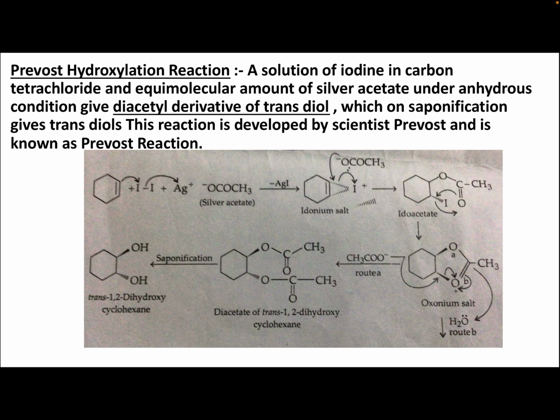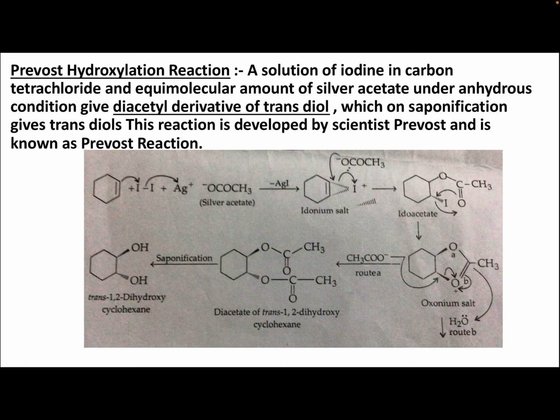Here you are seeing cyclohexene is there. So the double bond is there, cyclohexene plus iodine, I bond I, that is iodine. A solution of iodine in carbon tetrachloride and an equimolecular amount of silver acetate, under anhydrous condition, we are getting the diacetyl derivative of transdiol. You are seeing what happens: cyclohexene reacts with iodine and in this way you are getting